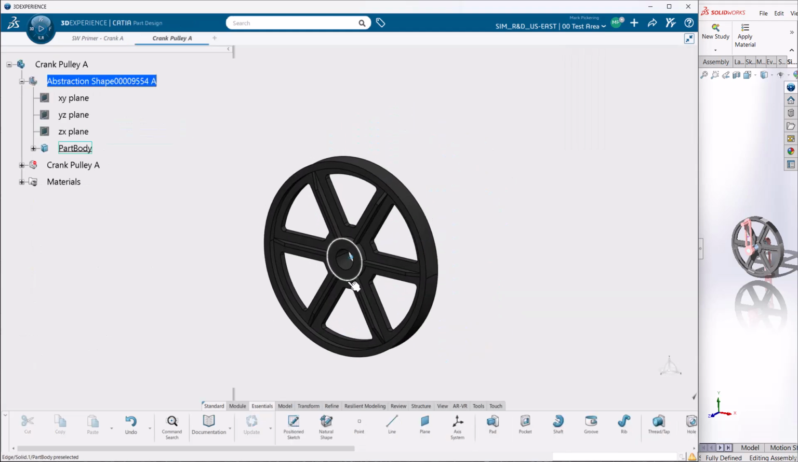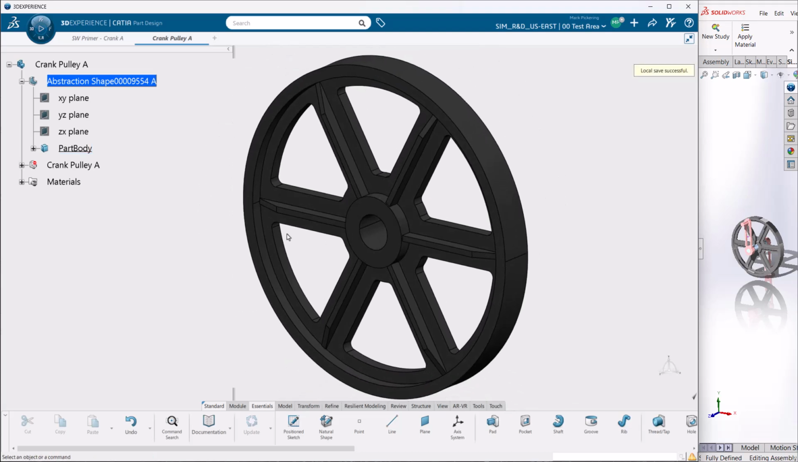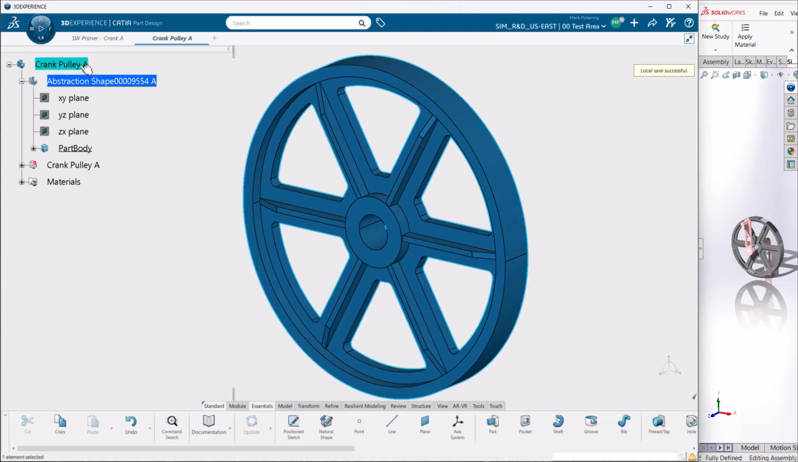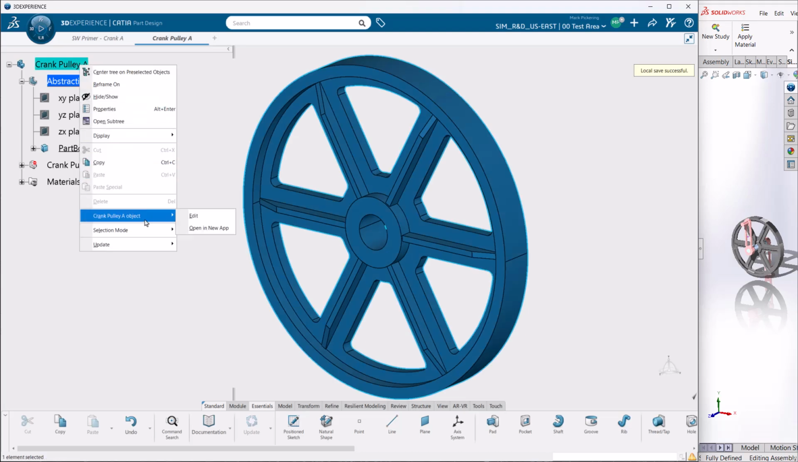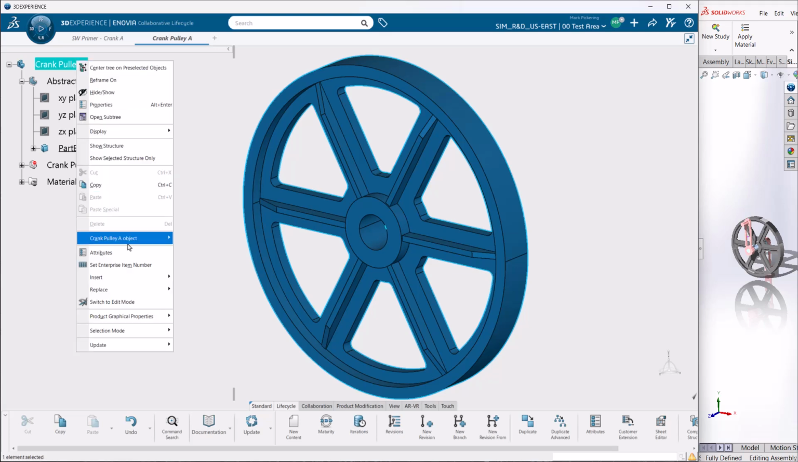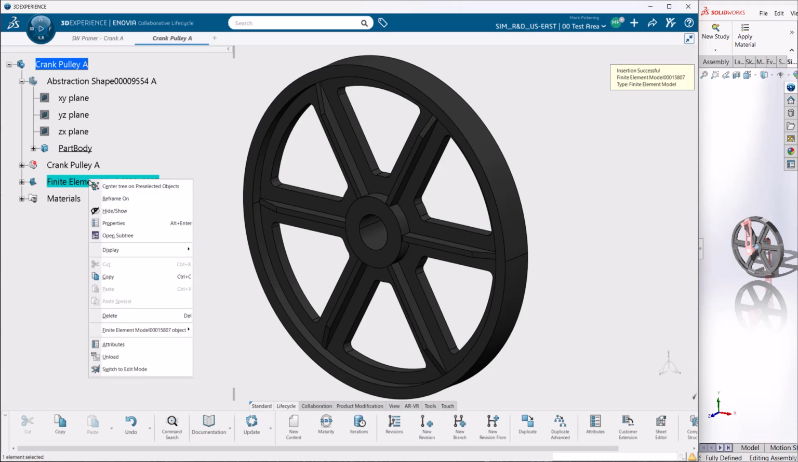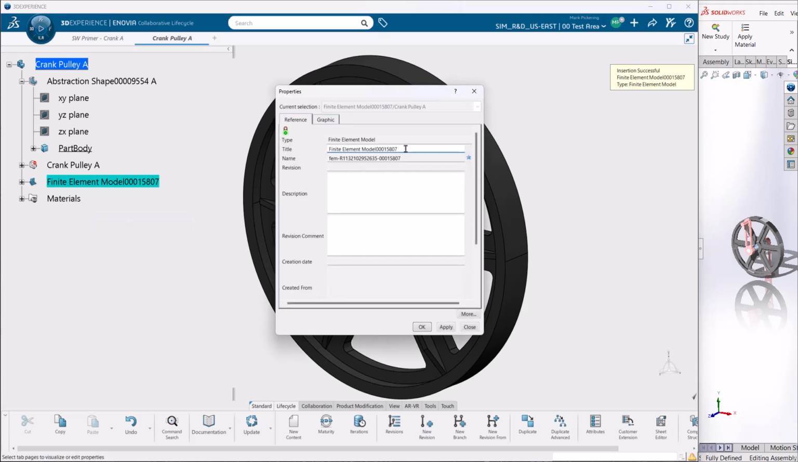This opens just that part and associated features in a new tab. So we see the part, the 3D shape of the original import, and the abstraction shape that was created earlier. We can create a finite element model within this part by inserting a finite element model. We will then also rename this FEM so it's clear what the intent is, and then double clicking it to